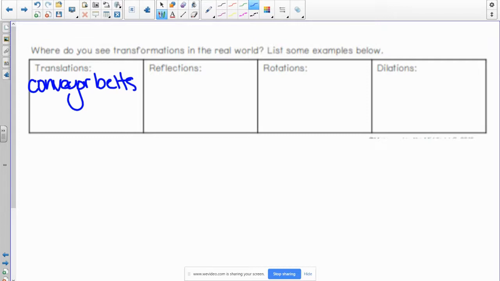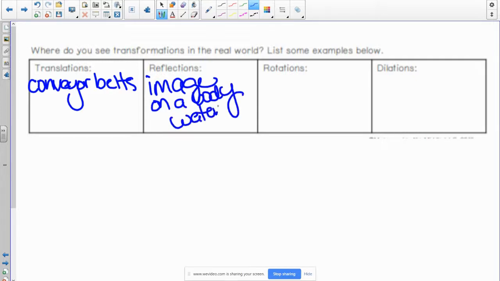Another one, a reflection. I kind of already talked about the mirror. Another one I think about is if you take an image on a body of water, you would notice that you're going to see that image reflect down into that water. Rotation, probably the simplest one that you see all the time, especially now that you're really excited about driving, are wheels. You just look at any wheel on a car as it's traveling by, it's rotating all the time. And dilation,